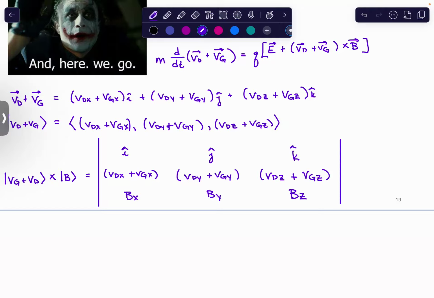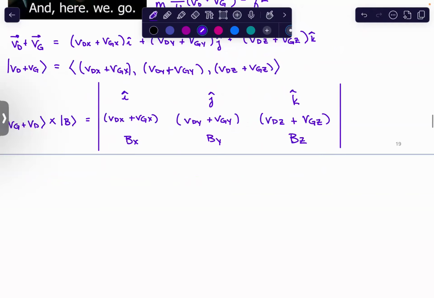So a determinant is a little bit larger than what we've been doing. Okay, so that's going to give us